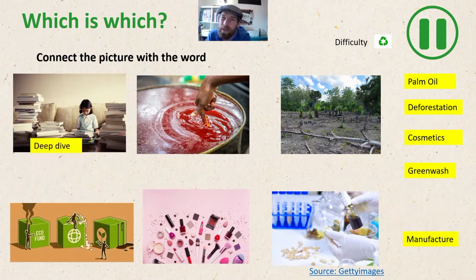is to deep dive. Now, to do a deep dive is when you really research into one thing really well. So rather than just looking at Wikipedia, you look at articles written by professionals. This is a great way of avoiding fake news. The next one,